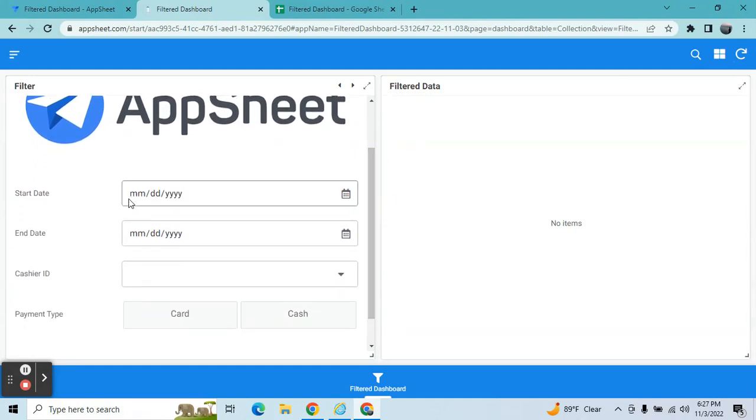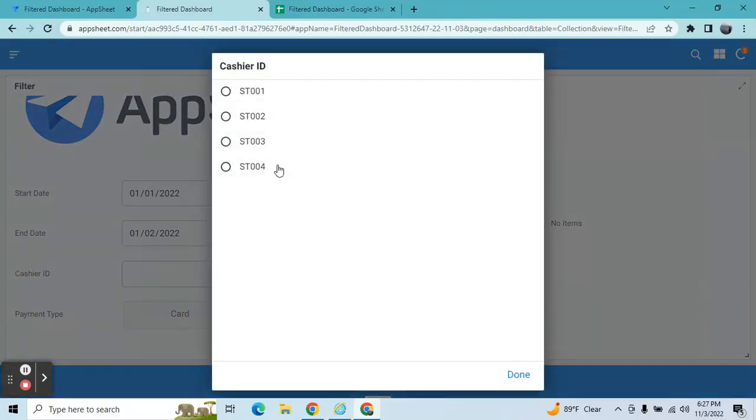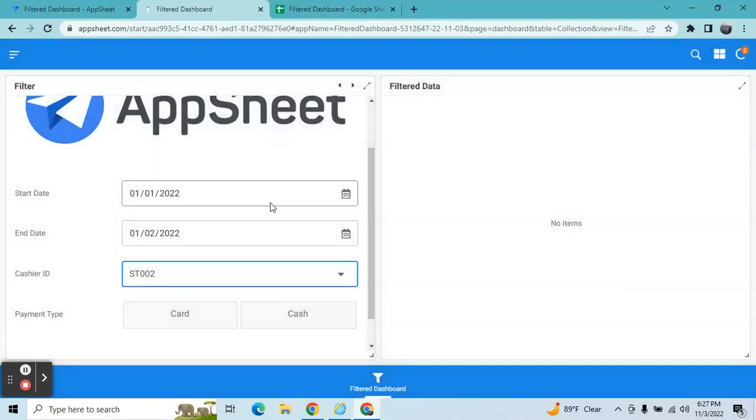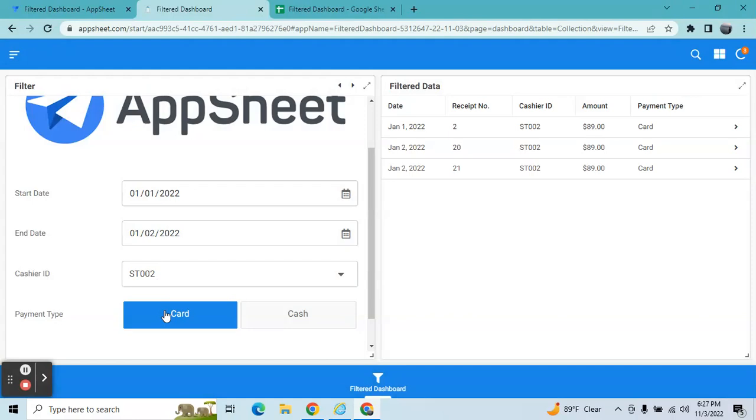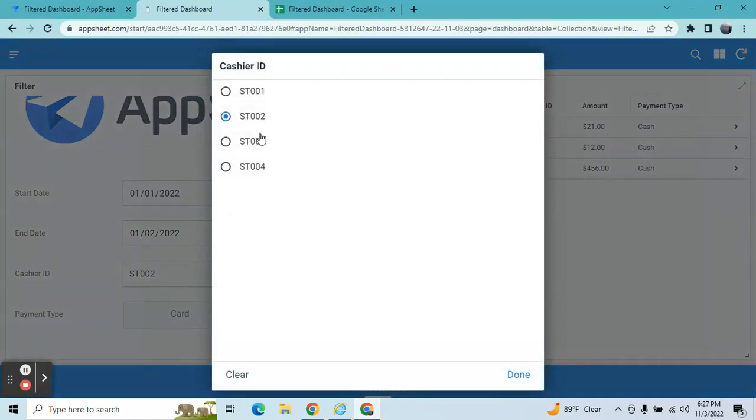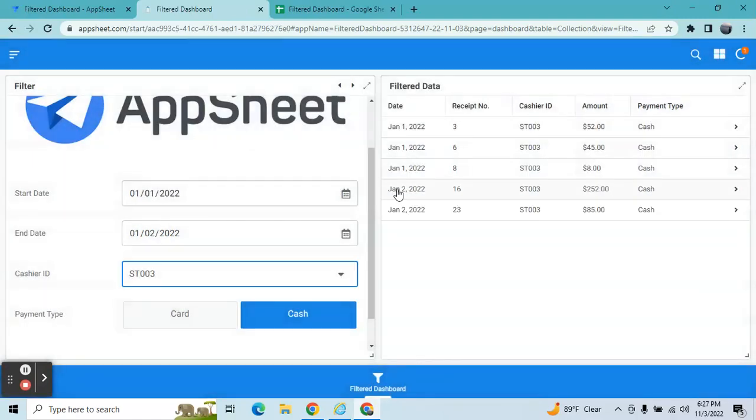Let's say I need data from third, from two, okay, and then the cashier, let's say ID, and I need card. So it shows me the data here. If I change it to cash, it changes accordingly, and once I change the cashier, it changes